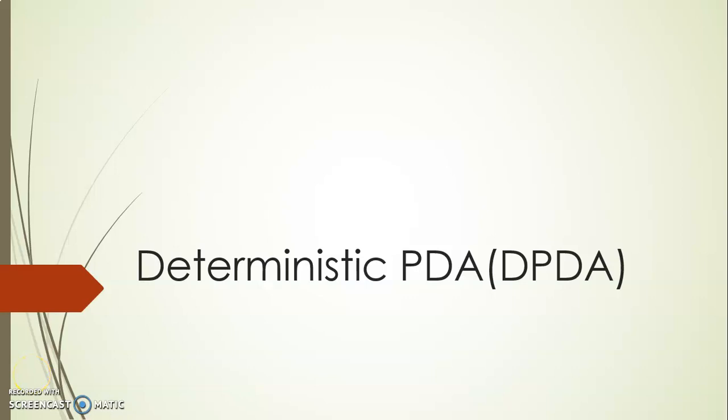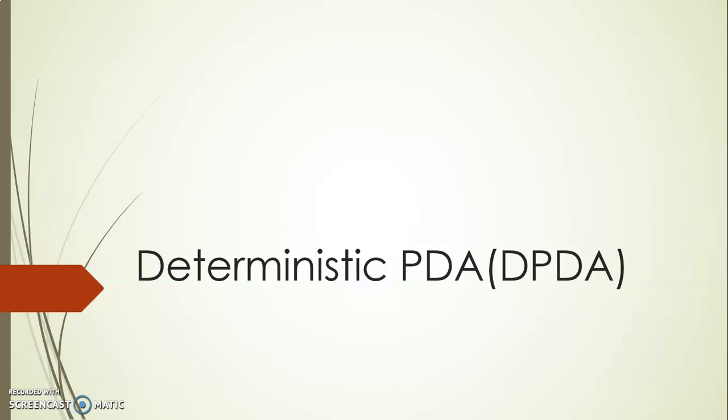In this lecture, you are going to see about deterministic push-down automaton. We already saw deterministic and non-deterministic finite automaton. Similar to that, in PDA also we have two types: one is non-deterministic and another one is deterministic PDA. Whatever we have discussed till now stands for non-deterministic PDA. How deterministic PDA differs from non-deterministic PDA, we will see here.